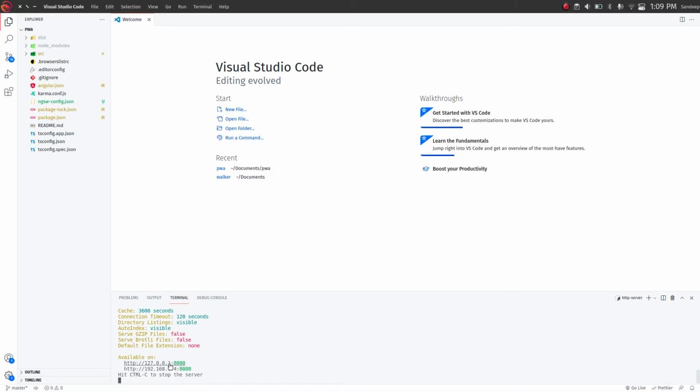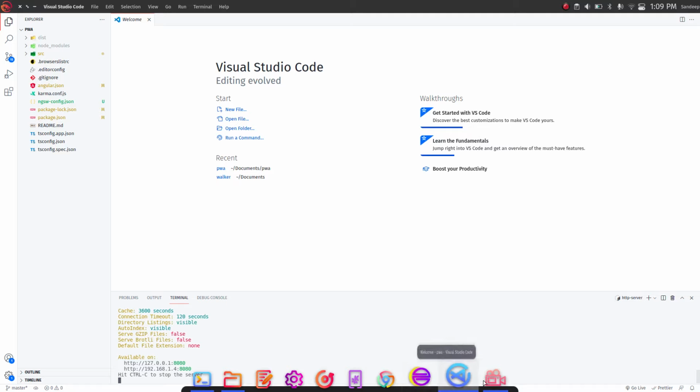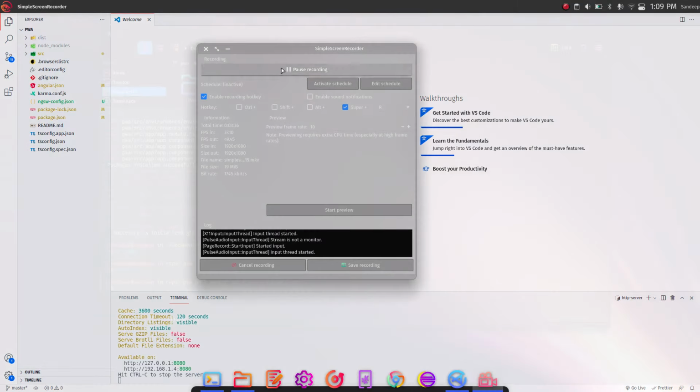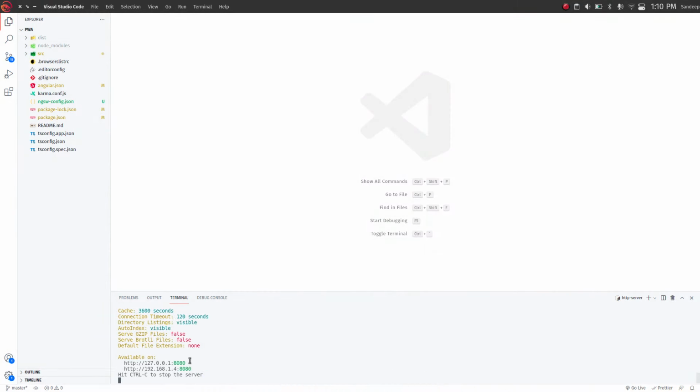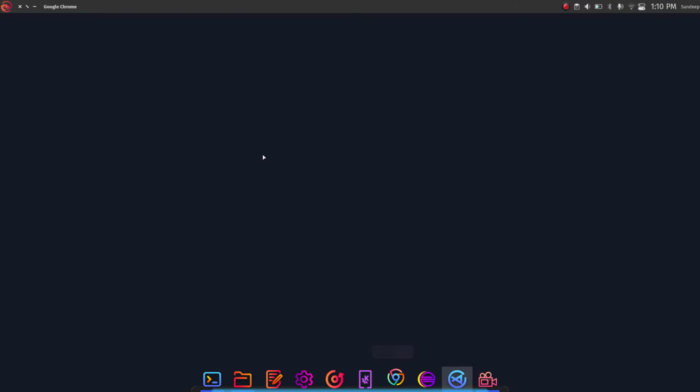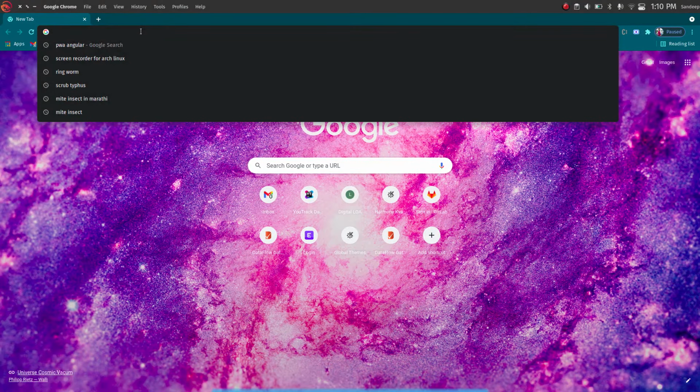I click control and click, so it will open the http listening for me. So I will just copy this. I don't know why it is not clicking and going to the server, so I will do it manually. I will paste it here,